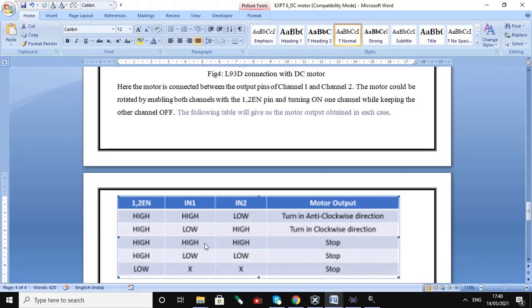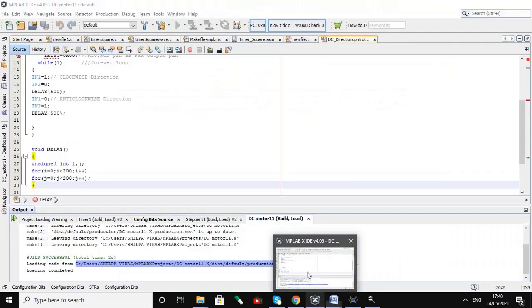If we keep both inputs high, the motor will stop, and if we keep both inputs low, it will again stop. And if enable is low, the inputs will not be accepted and the motor will remain in the stop condition. So this is the working of the L293D IC. Now we will see the program with the help of MPLAB software.